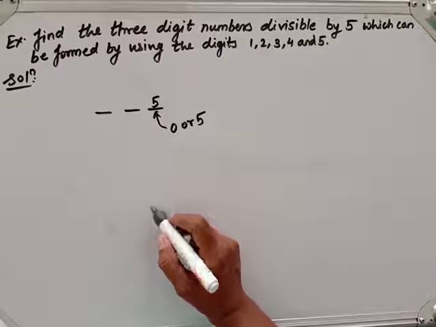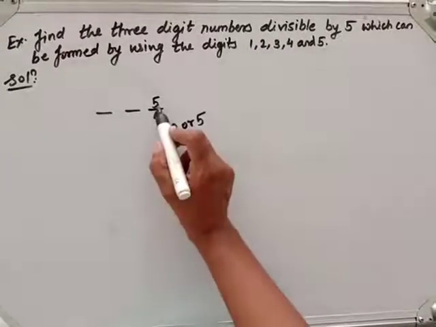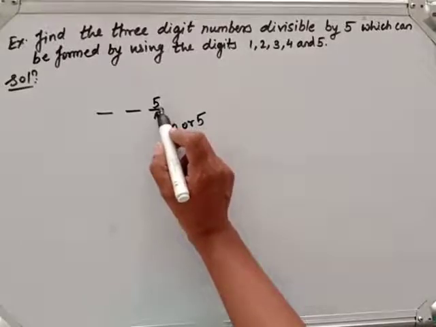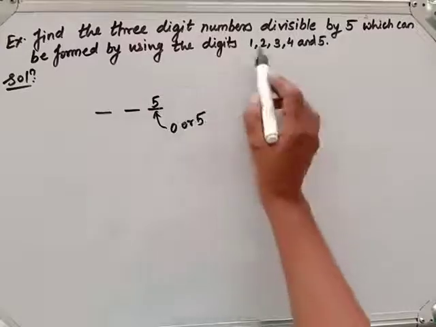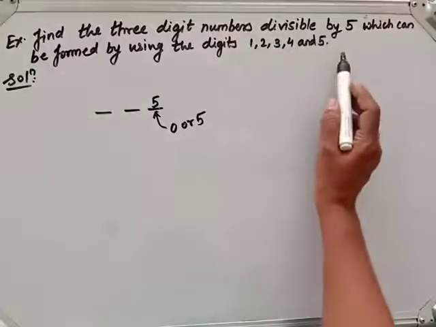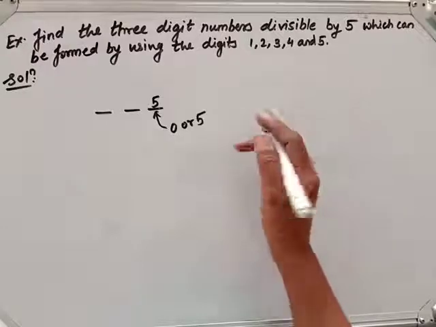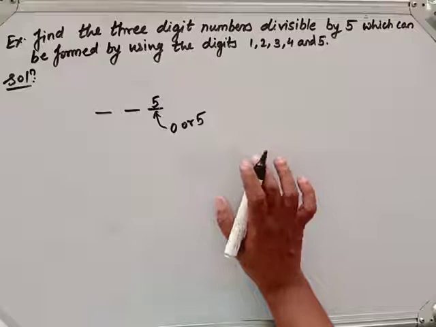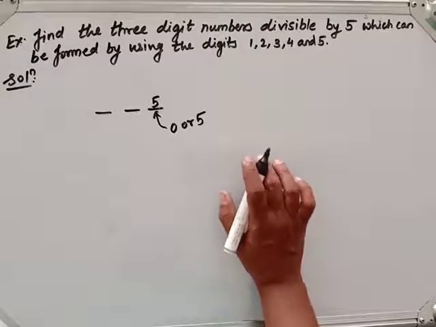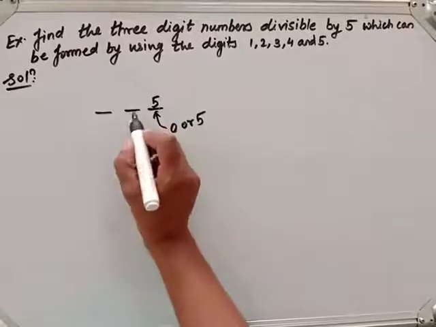Now the 3-digit number we have to form. 5 will be placed here, so for the last digit there is only one choice. But the other places can be filled by any digit. Here nothing is mentioned that repetition is not allowed, which means repetition is allowed. It is obvious here. If it were mentioned that repetition is not allowed, then you would think about repetition. Fine. So here the repetition is allowed.